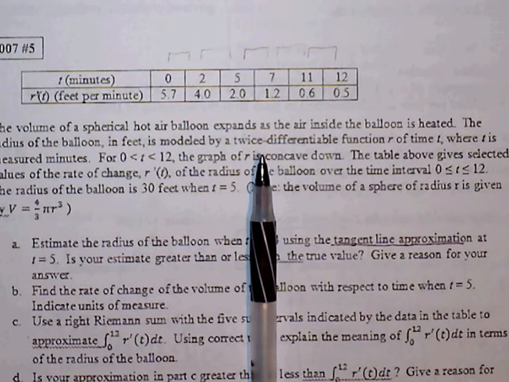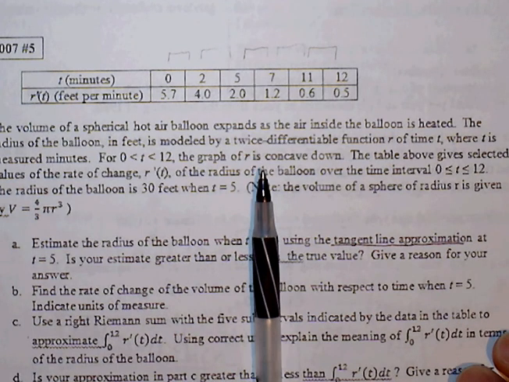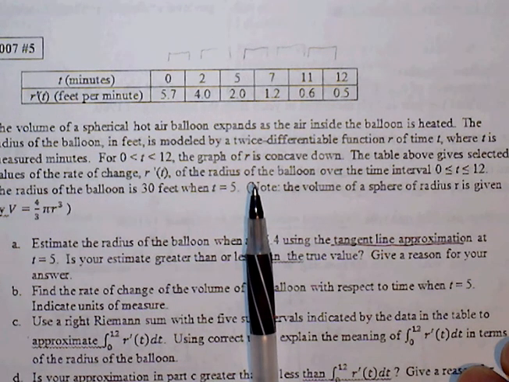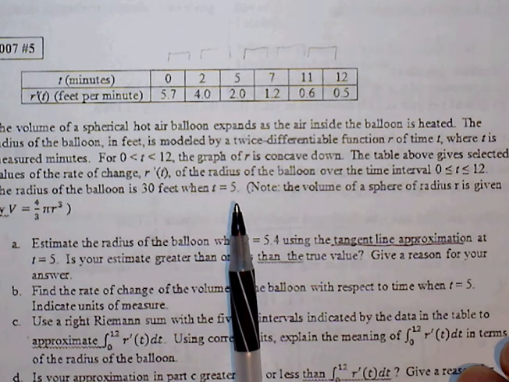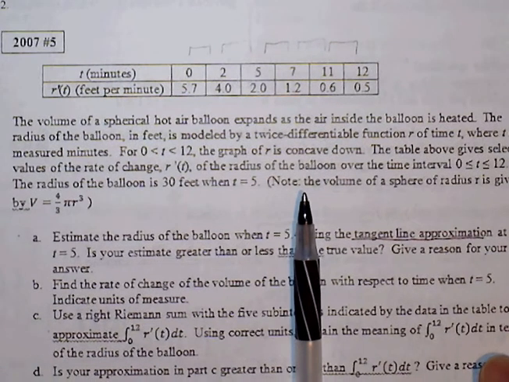The radius of the balloon in feet is modeled by a twice differentiable function, r of t, where t is measured in minutes. For time between 0 and 12, the graph of r is concave down. The table above gives selected values of the rate of change r prime of t of the radius of the balloon over the time interval from 0 to 12. The radius of the balloon is 30 feet when t is equal to 5, and we're given the volume formula,